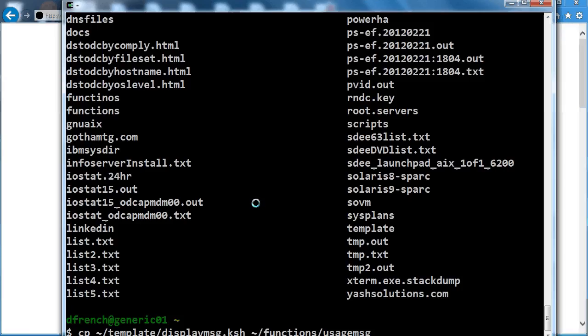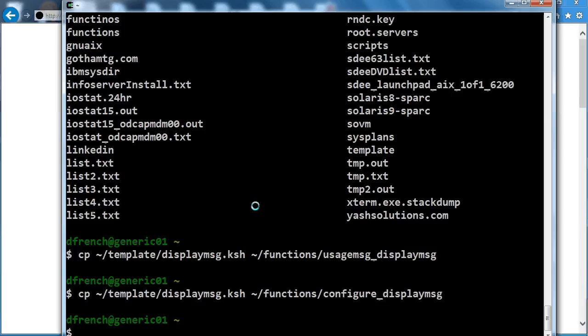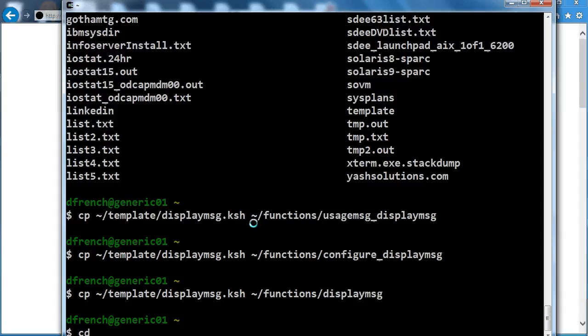So we had a usage message display function, and then I'm going to copy that again to a file for the configuration function. There is a configure underscore display message function in that standalone shell script. And so then I'm also going to copy it to the display message function, to a file name called display message function. So we'll look in the function library now,